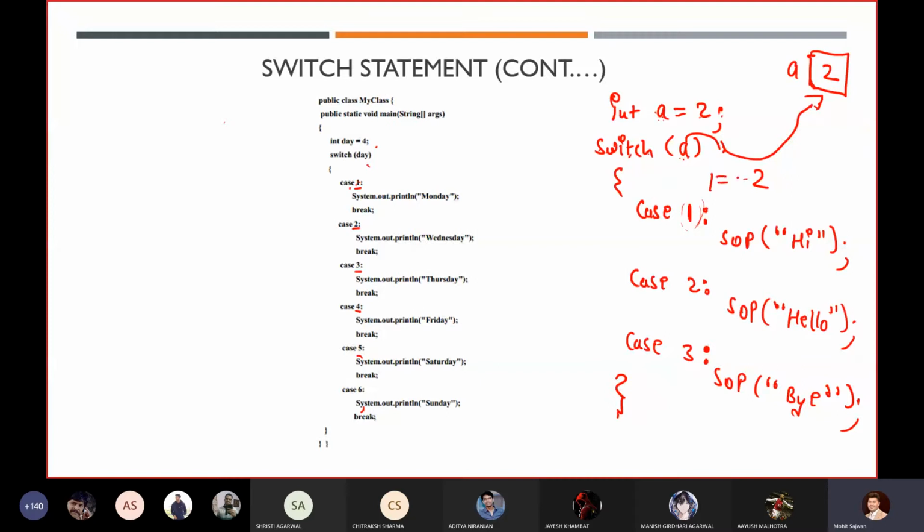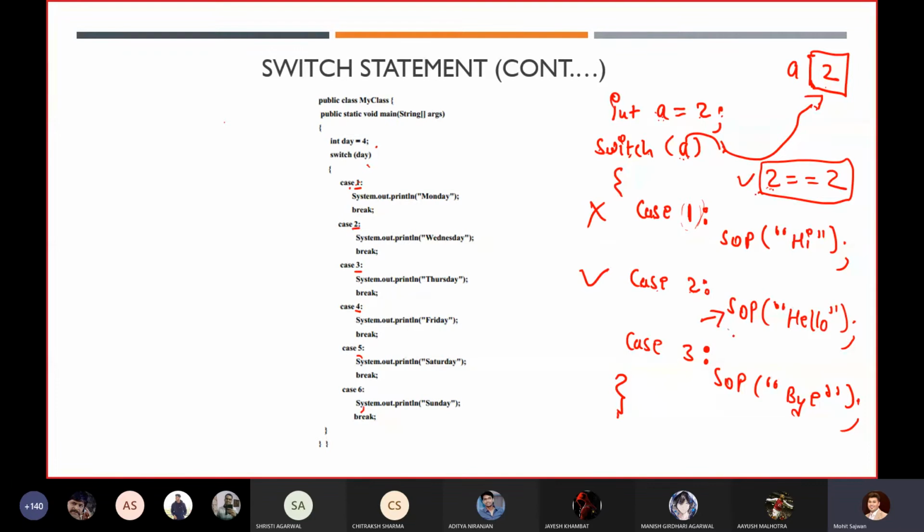Is 1 equal to 2? No, the condition is false, so it will not execute my first case. So directly it will go to my second case. I have written 2 there, and 2 is equal to 2, so the condition is true. That is why it will satisfy this case and execute this statement.